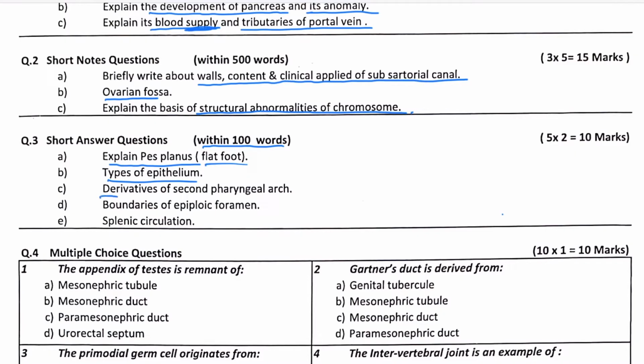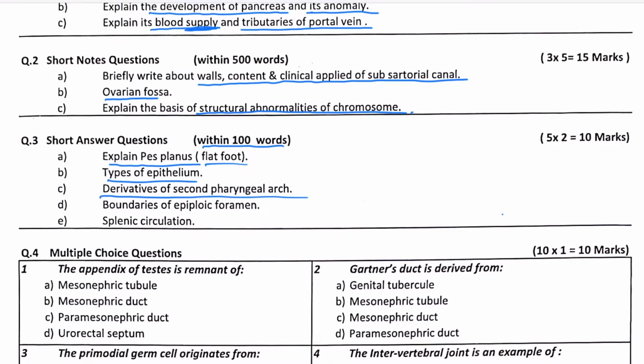Then derivatives of the second pharyngeal arch. This question again is a question from the general embryology portion. So ideally this should have been asked in paper 1. It is simple. You just have to describe the skeletal, the muscular derivatives, the blood supply, and the cartilage. So the cartilage of the second pharyngeal arch is called the Reichert's cartilage. The nerve of this arch is called the facial nerve, and the artery which arises from this arch is the